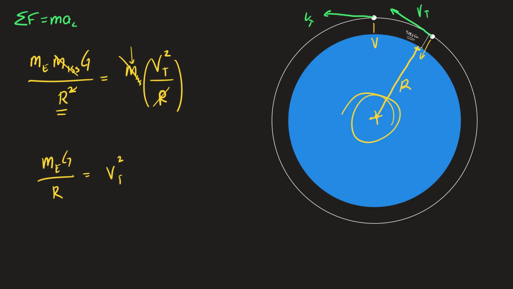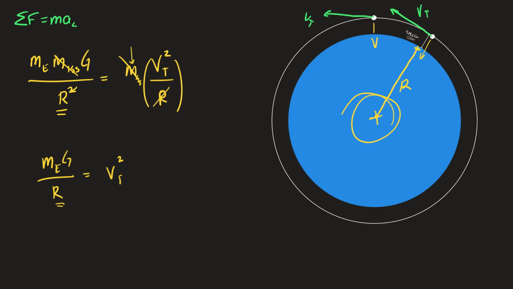How fast is the International Space Station going? I'll give you like 60 seconds because now it's just plugging in numbers. But you need to practice there. And don't forget, this r is not the radius of the Earth. It's the separation distance. So you will have to include the altitude of the International Space Station to get the